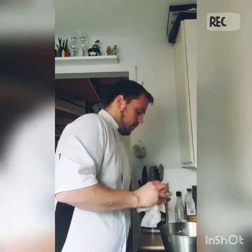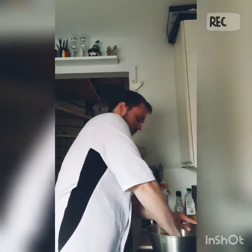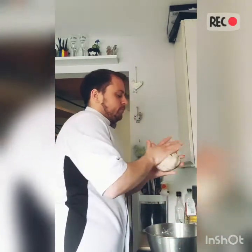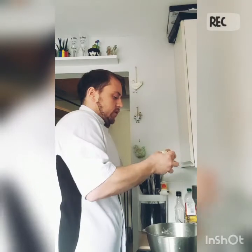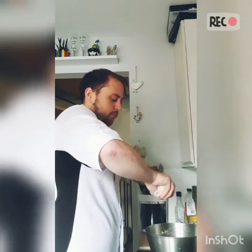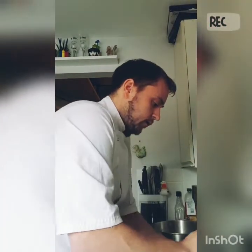So it's been about an hour, so it's time to check the bread dough. Now, it should have doubled in size, so we just want to knock it back, fold the air back in, and then what you can do is, if we break it into 4 pieces, then we can shape our rolls. Right, once you've shaped your rolls, spread them evenly on a lined tray, coat them with a little bit of oil,